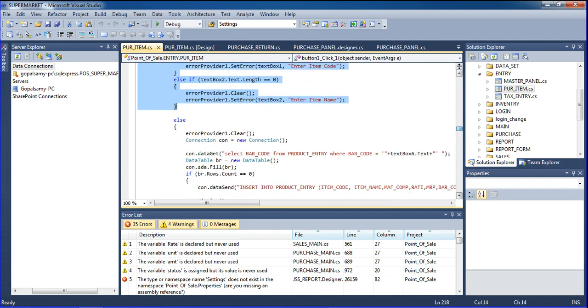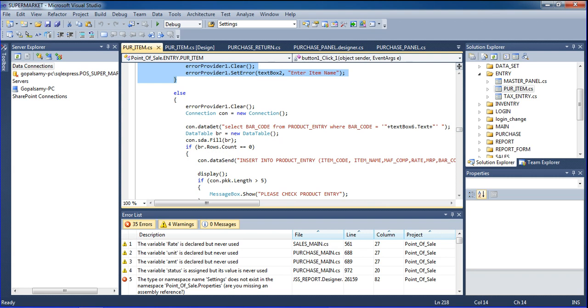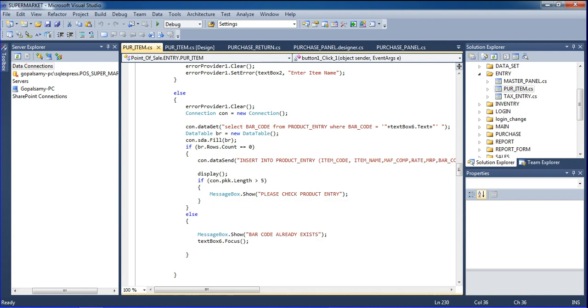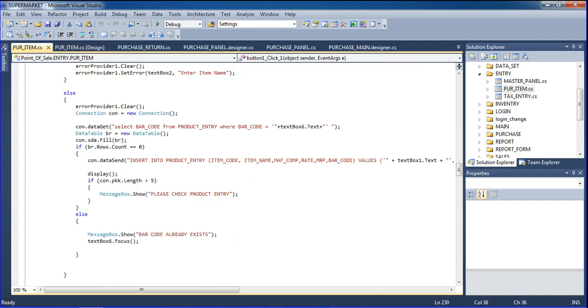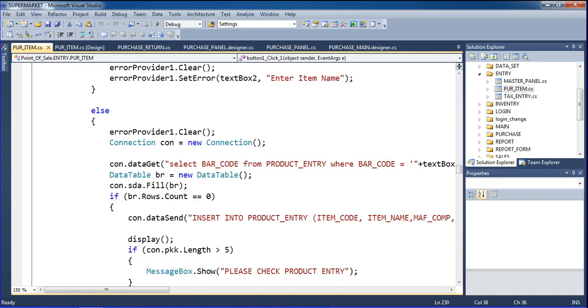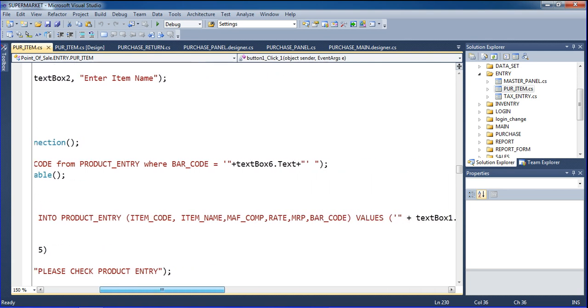Okay, so here I will tell about what happens after the errors are cleared. Once both errors are cleared, you can insert the text box barcode, and then insert into, see this insert into query, the SQL query. I want to show it clearly to you. See, this is my insert query.